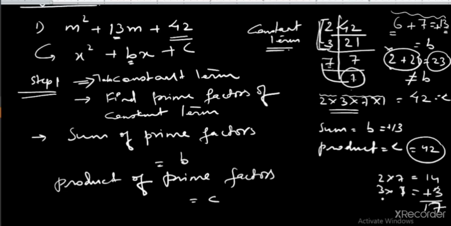Suppose you are having this as plus, and say you are having this as minus. Keep any one of the numbers as minus, suppose. So you are getting, suppose, minus. In that case, you will get what? 11. So in both of the cases, you are not getting b, that is equal to 13. That is why we have chosen only this pair, that these two are to be taken together.